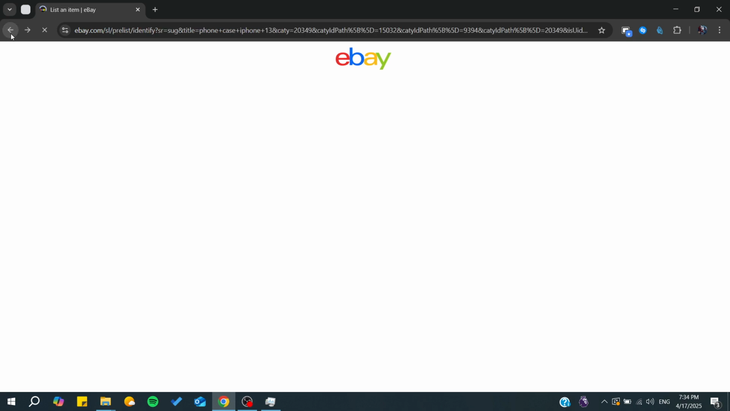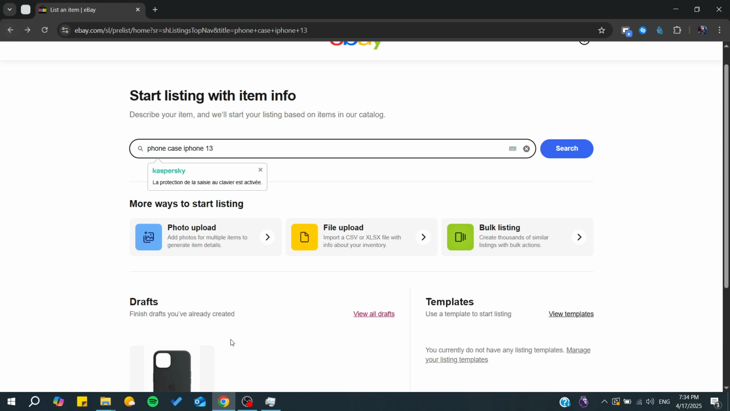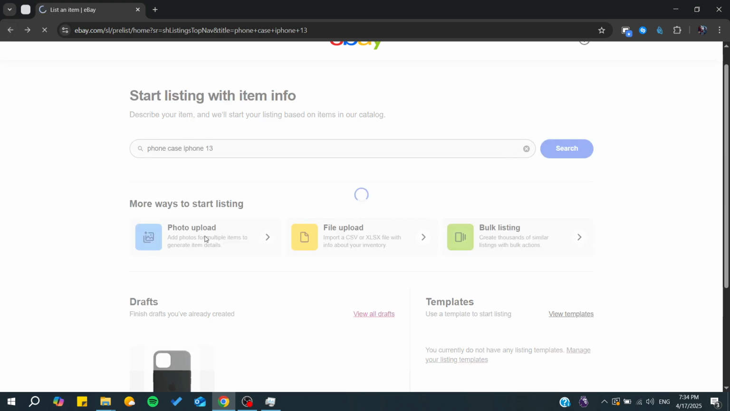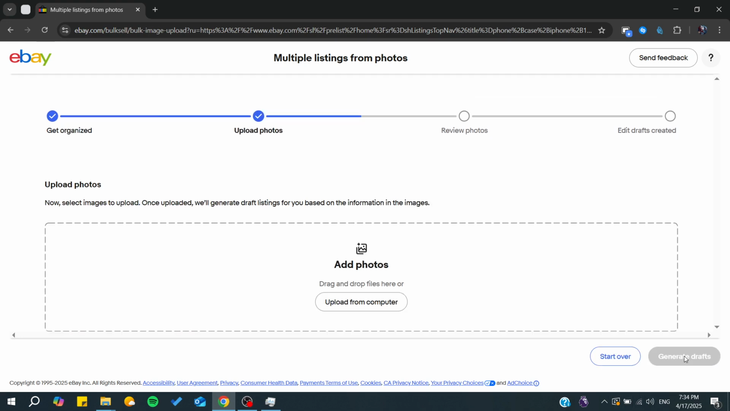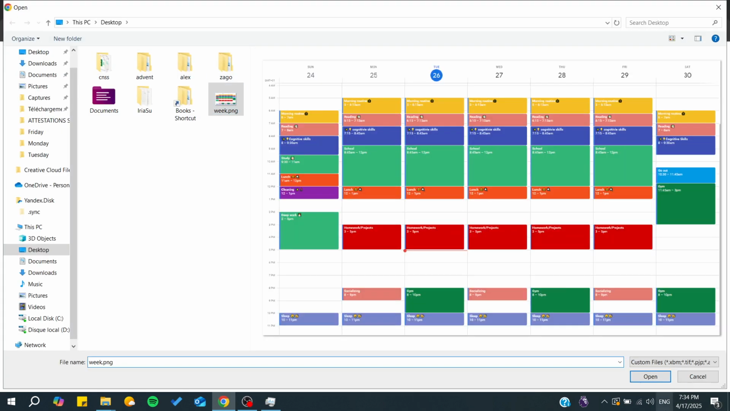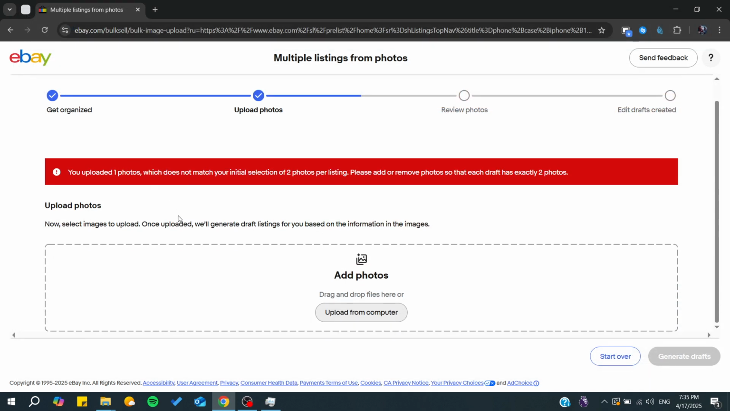Otherwise you can just start from the pictures and then just go back, and from here you can basically just go to photo upload. From here you choose your photos. So for example, two pictures, you upload the pictures, and let's just add whatever here, and I'm going to go for anything, and basically here in edit draft you'd be able to add the titles and add all the